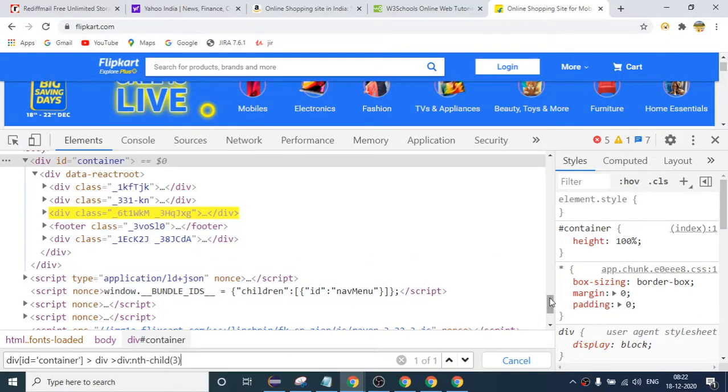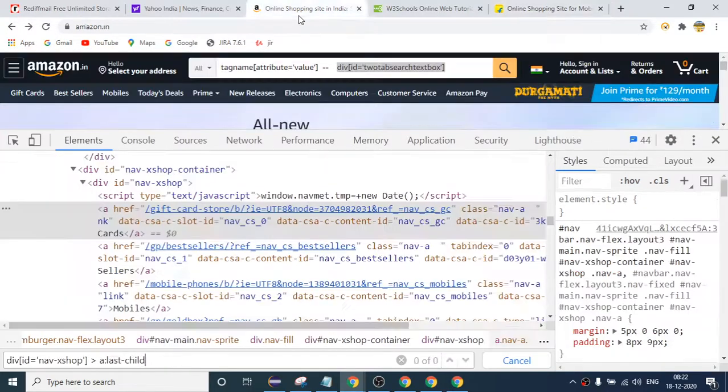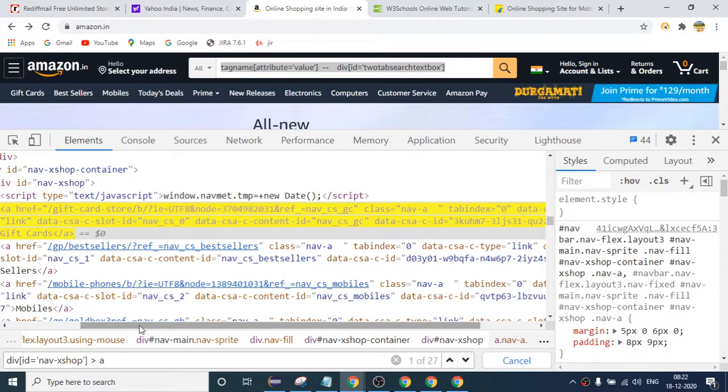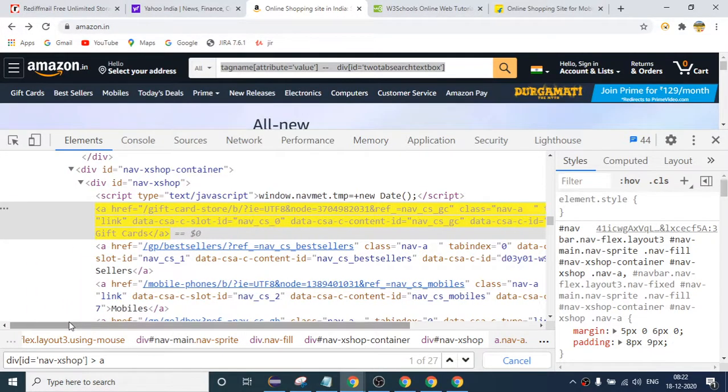I just have a small question. Can you go back to the previous screen? I just wanted to understand, we have already given an anchor tag before the last child. So we tried using anchor and the nth child. When we give the anchor tag, it should come at the first one and not go to the script. If we write a, you can see it is directly coming to this one.